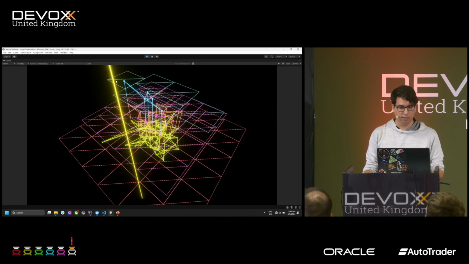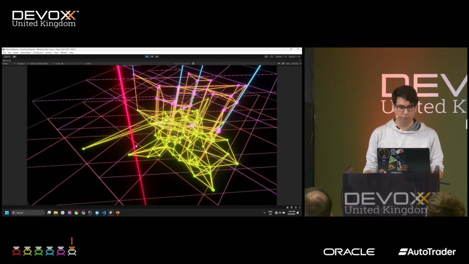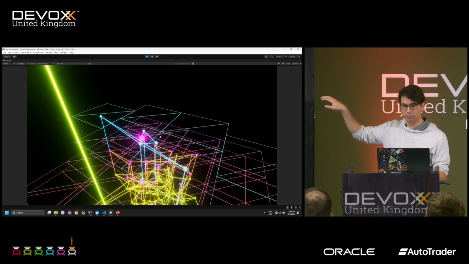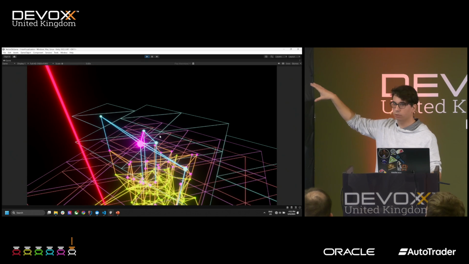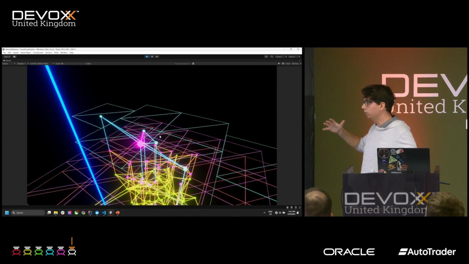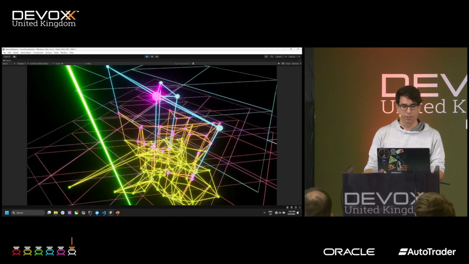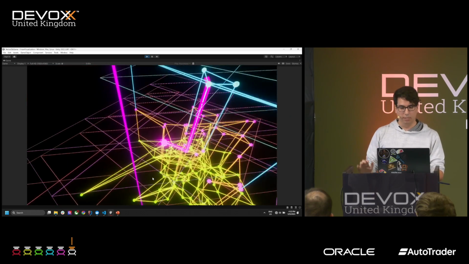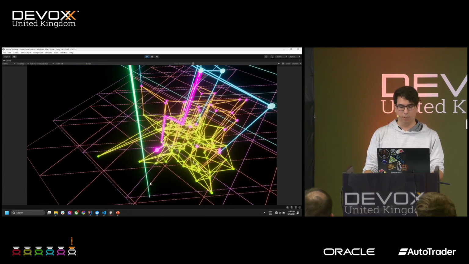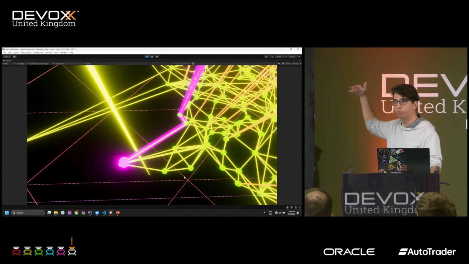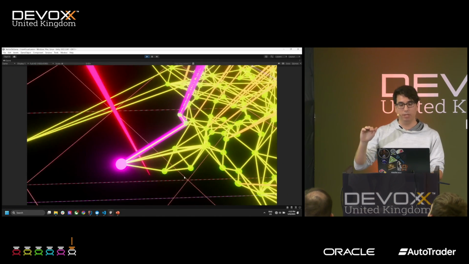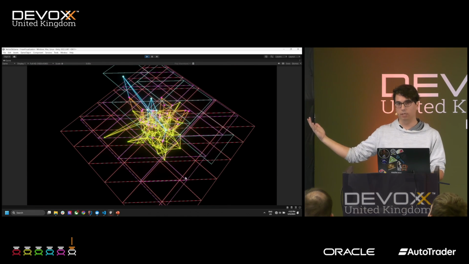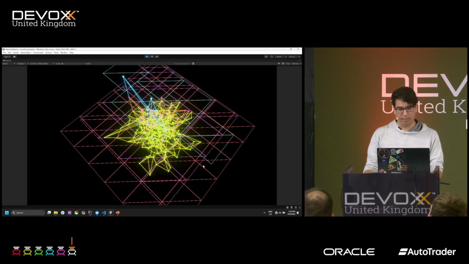So let's say this is where our search is coming in. So this is basically the vector position. And then what the algorithm does is from the same entry point on the topmost layer graph, it goes to the closest node to where you're searching for. And then it's going to use that node as an entry point in the lower tier graph. And then again, it's going to go to the closest node. And again, use that as an entry point in the lowest tier graph. And like that it traverses from the least to the most dense by skipping a lot of steps, as you can see. So if we had to go through there, we would have to do many more steps than what we did right now.